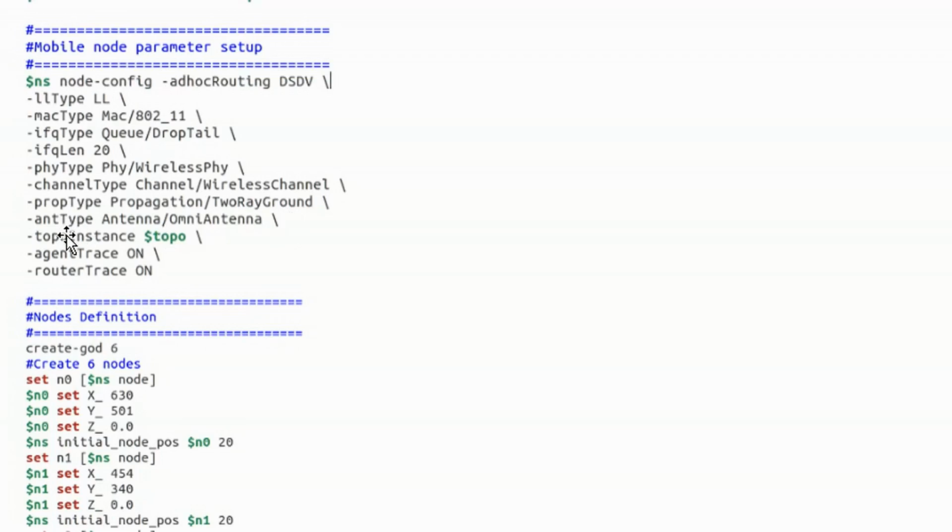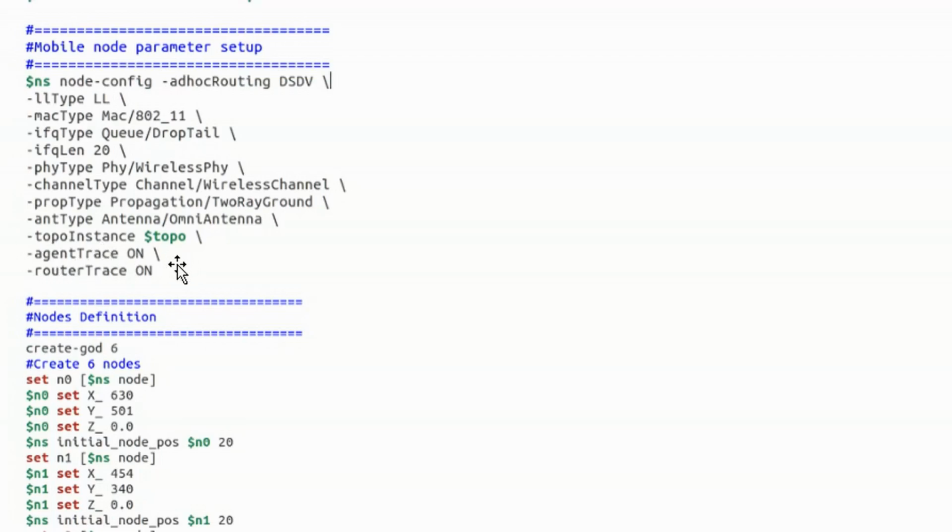Okay, so next I have the topo instance. We'll set that as topo. I've already defined that, right? And then yes, agentTrace I'm keeping as ON, and routerTrace I'm keeping as ON again. Agent I've already discussed.